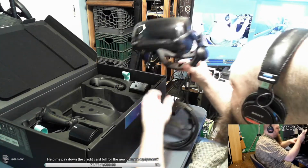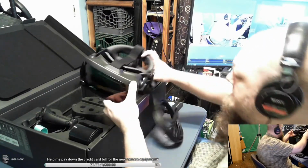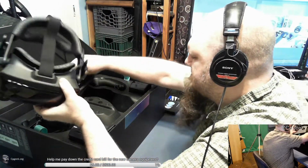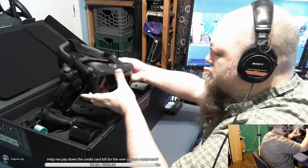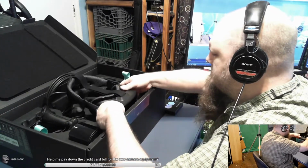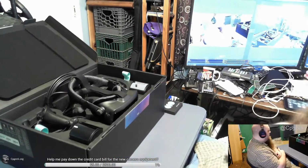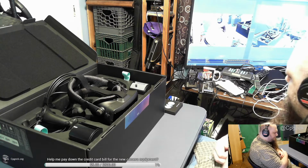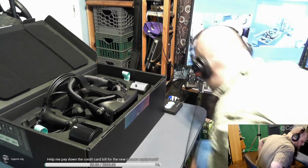If you have a PC powerful enough to run a Valve Index, pretty sure that you have a PC that's fast enough to do real-time tracking for hand tracking. I just don't know if they'd be positioned correctly to capture your hands. So that's pretty much the headset itself. Just to compare,